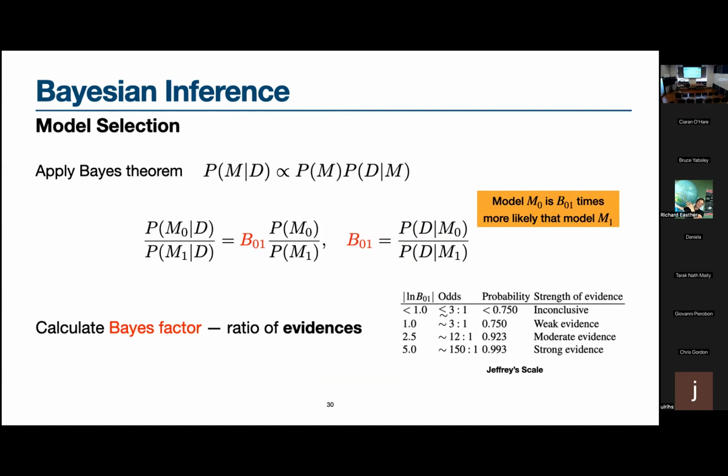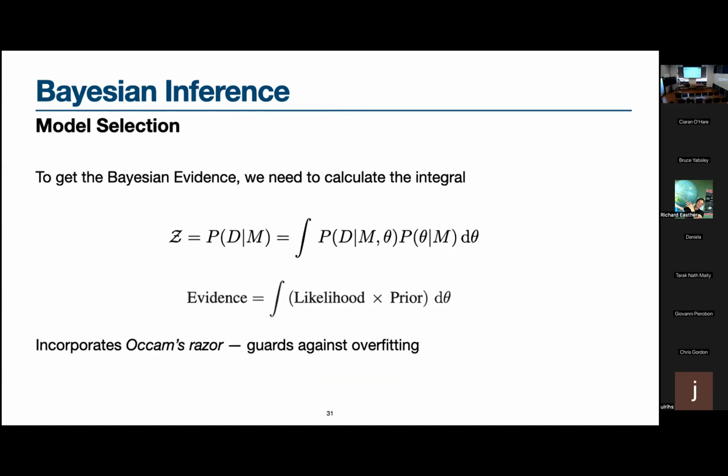Once you calculate these ratios, you can compare these values to standard tables. So this is called the Jeffreys scale, and using the comparison, you can state whether your model is either favored compared to one, or the decision amongst them is completely inconclusive, and so on. To calculate this evidence itself, you have to do a lot of work, because the evidence is defined as an integral of the likelihood times the prior probability over the entire parameter space of your model.